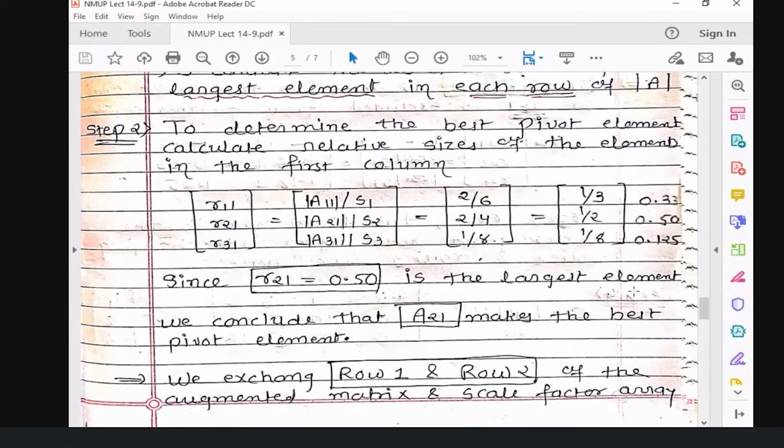So for that, we have calculated these relative values of the rows, R11 up to this. Are you getting me now? Okay. Now with the help of R21, we can understand it is A21. With the help of this relative value, we have identified which row we want to exchange, right? So it's A21. So over here, we have to make the second row the first and the first row the second, right?